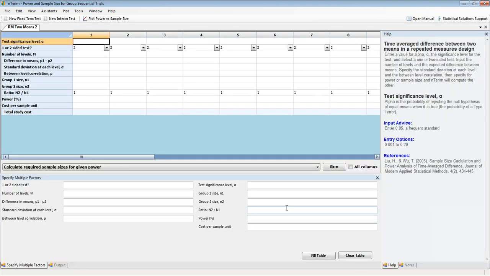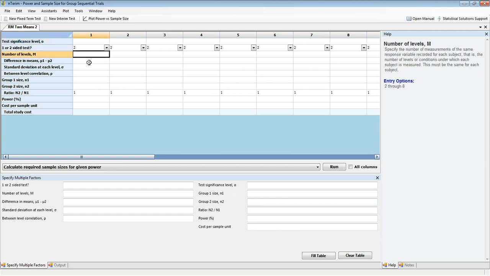Okay, so when you open this, the interface is very similar to how it was before, in that we have the spreadsheet style interface in front of us, which so many customers seem to love. Also on the right hand side we have the guide cards as before, where you get information about the test and about the specific parameter which you're highlighting. As you move through the parameters, this will update on the right hand side, giving information on your entry options and the range of values which you can enter for this particular parameter.